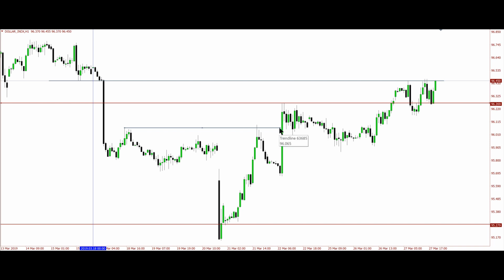But look at the sensitivity in price right here. We trade through it, so this one no longer can be used as a measure of support, right? Because we only poked through it and came away. So now we have to use this higher point of rebalancing right here. So let me put little arrows on it so that way you guys can see what I'm talking about. This one